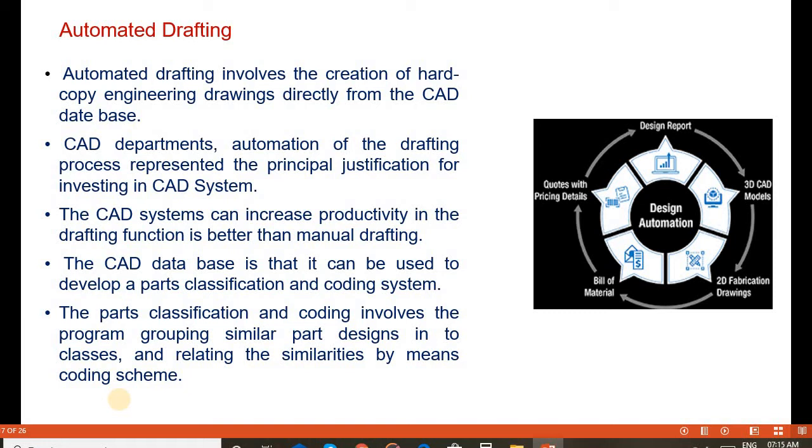Based on the similarities, it identifies the groups, classifies them, and makes the coding for manufacturing purposes.